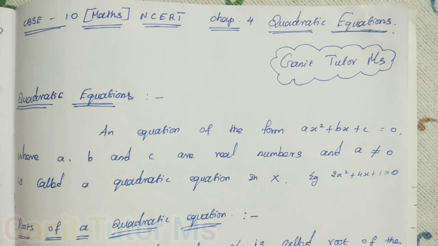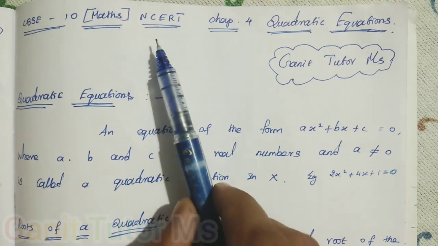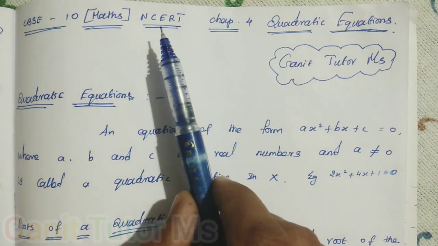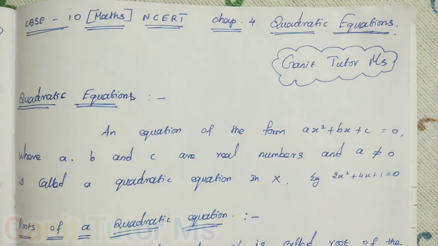In this video, I am going to introduce the new topic, quadratic equation, chapter 4 in 10th standard NCERT Maths. Actually, we all know about polynomials, right? And in polynomials, based on the degree, we can categorize a few polynomial types. Then based on the powers, we categorize a few polynomials.